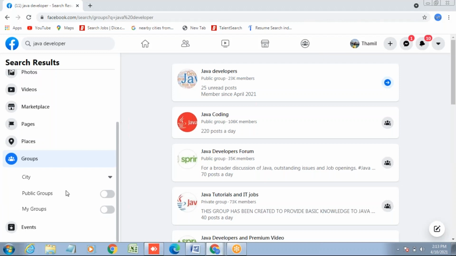Fine. Now you can see Java developer. There is a group, Java coding, Java developers forum. So Java developer says that it's a public group, right? Now change this Java developer to project engineer. See whether there are any groups related to the project engineer.